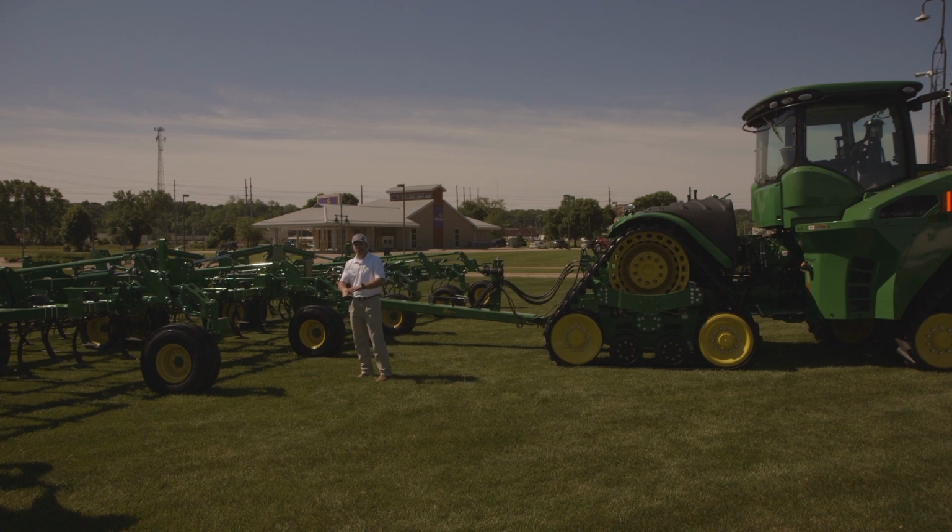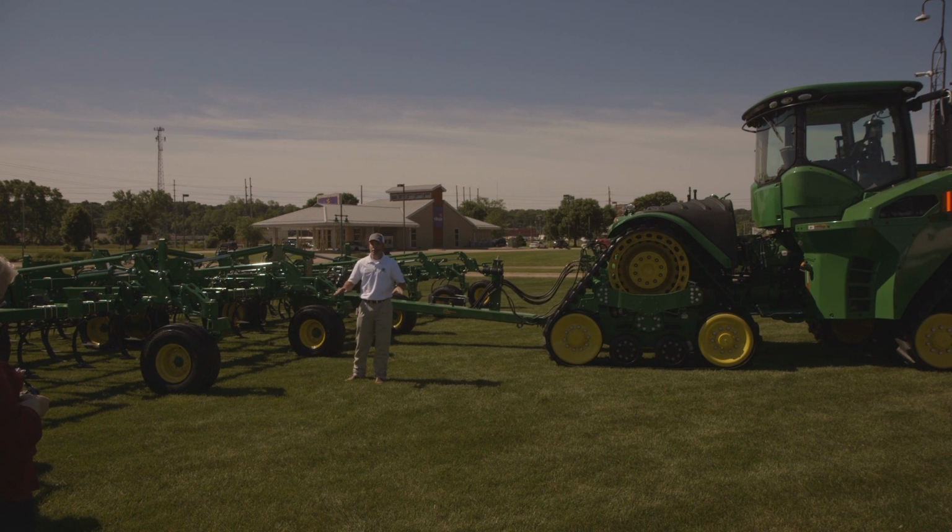It allows us to get a consistent, even cut all the way across the tool. Again, when you look at it from this wet spring, we had a warm spell during the winter as well. We had a lot of weeds germinate. There were a lot of fields that were very weedy this spring as we started out. So they had to come in here with this full width cut with this true 6-inch split the middle. You're getting all those weeds, cutting them out, being able to kill those and getting them killed before the planter